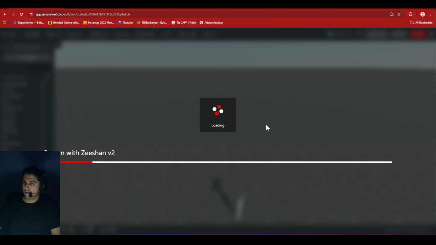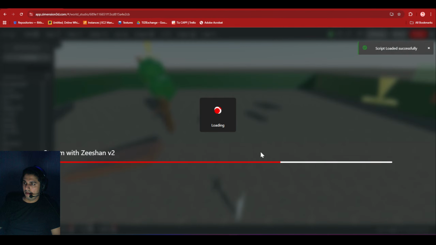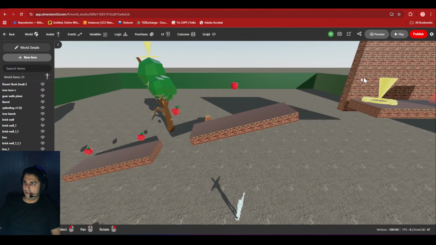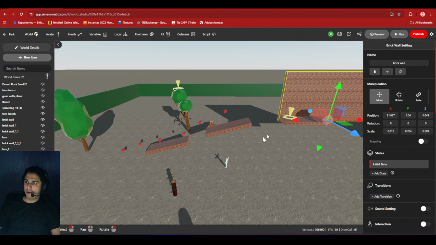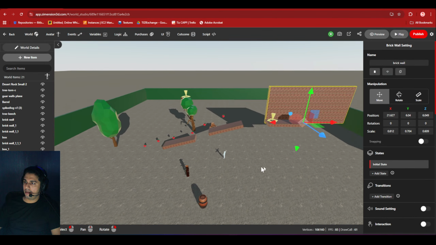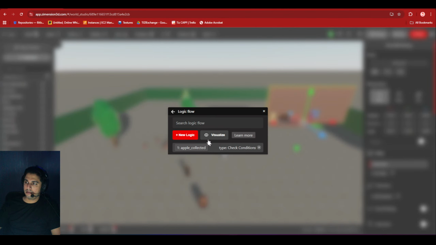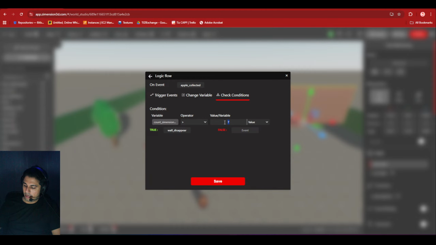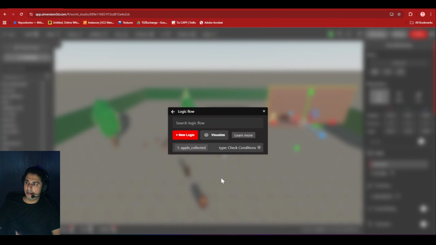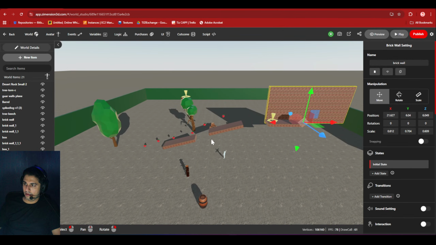What went wrong? Maybe my math. Okay, there are just 6 apples, and the condition is... Oh, my bad. So this should be like 4. For a factor of safety, let's keep it 4. Even if I collect few apples, the wall should disappear.